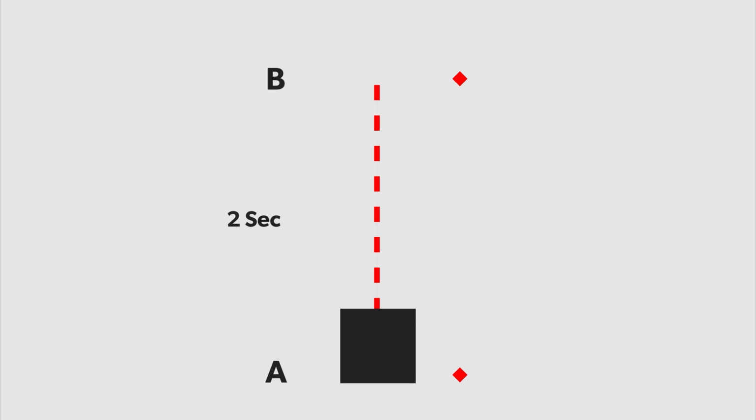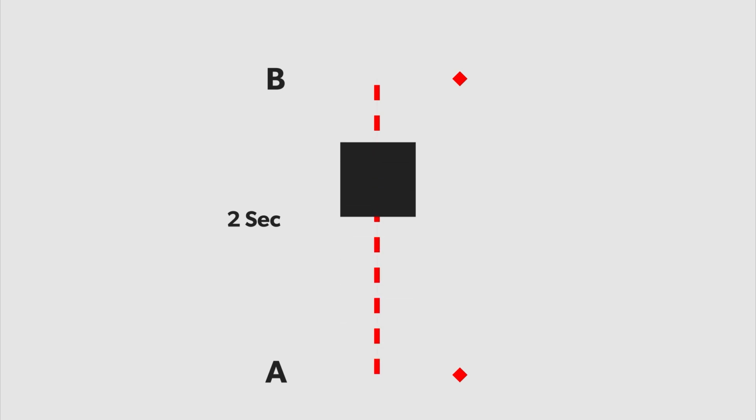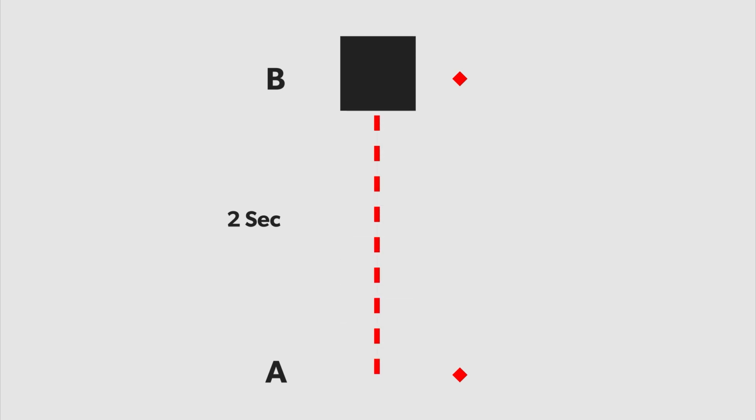I want the square to be at a point A, and after 2 seconds I want the square to go to point B. So I can simply add a keyframe at point A and also add a keyframe at point B. During the time interval of 2 seconds, my shape layer will move from point A to point B. You will also notice that we only define the starting and the end keyframe, and all the intermediate points will be calculated by After Effects itself. This is how keyframes work, and you can add keyframes to different properties in After Effects.